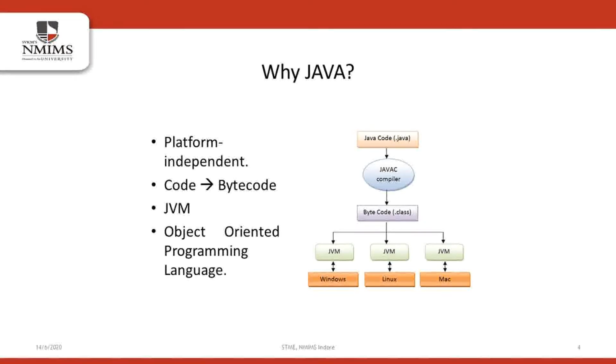Apart from that, Java is a platform-independent language, which in my opinion is by far the most amazing feature of Java. Now, what does being platform independent mean? It means that once you write a code in Java, you can run the same code on any platform, any operating system, be it Windows, Linux, Mac OS, or even Android. Now, how does Java provide such an amazing functionality? Let's see in the flowchart.